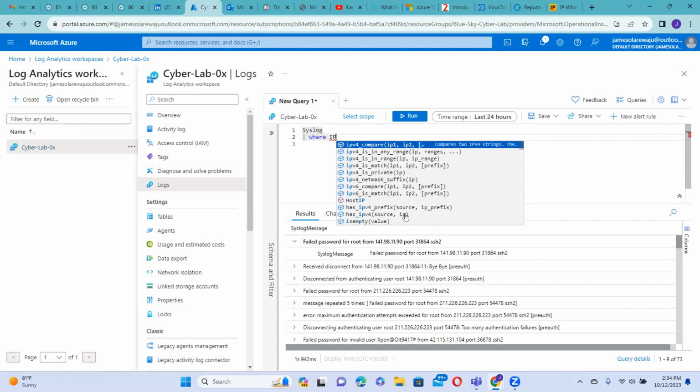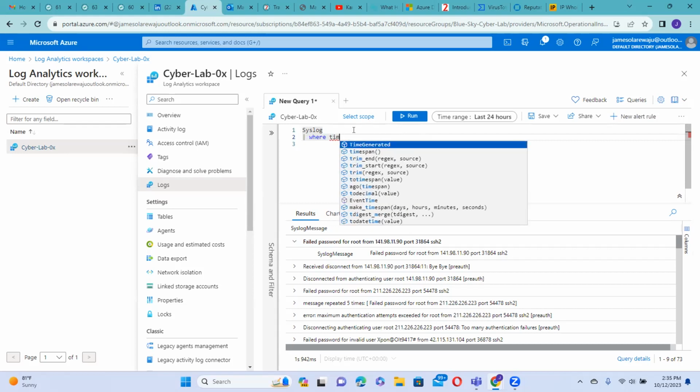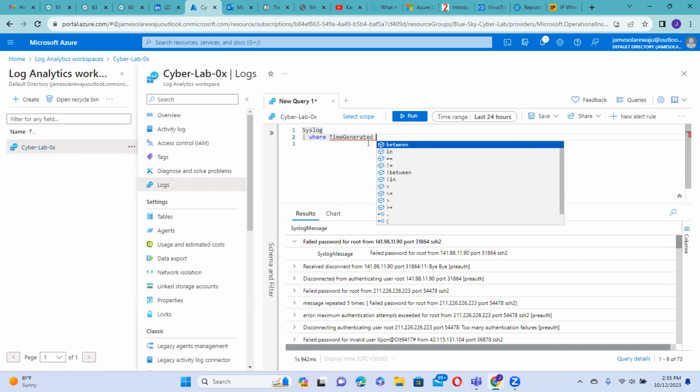So I was going to say, if there's a way we can write a KQL to find out if the IP address is somewhere else within the network. I'm just thinking it might not be possible. But you can find out. You can say where TimeGenerated, the first one, and do